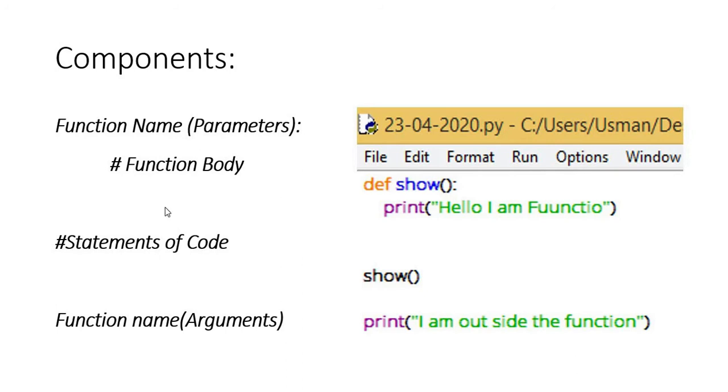Then is the statement of code of the program, and after that, the function call at the point at which computation of a function is required. Here I have attached a screenshot in which a function is made named show. In it, a simple print statement is working, and at the call of the function, it will show it as its